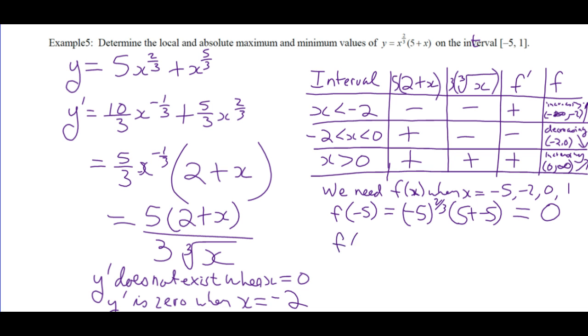So we've got f of -2 is equal to -2 to the 2/3 times 5. I'm just going to write -2, right? 5 plus -2. So what's that equal to? A number. Yes. And that number is